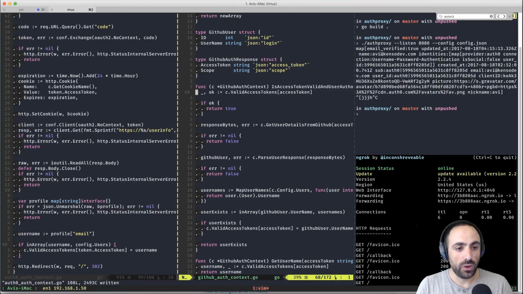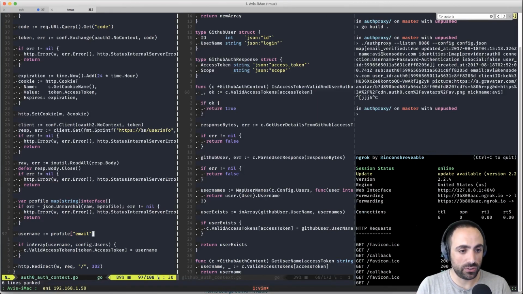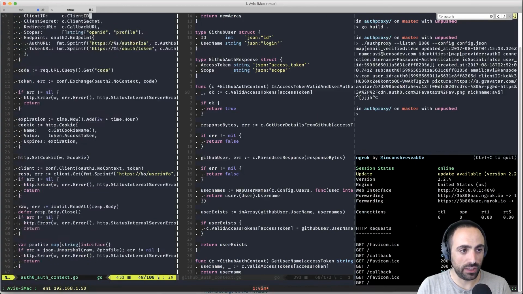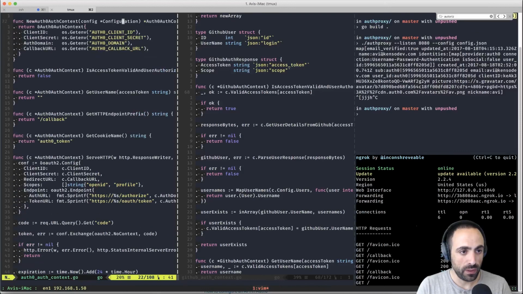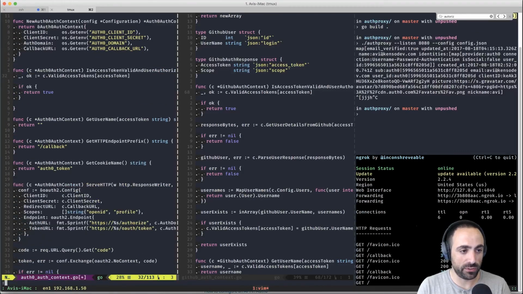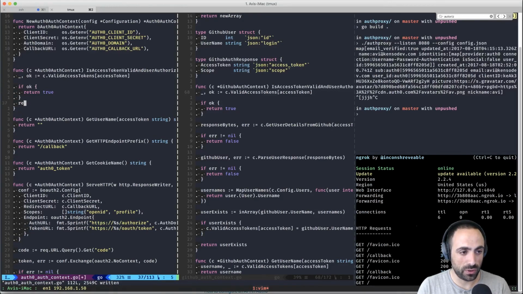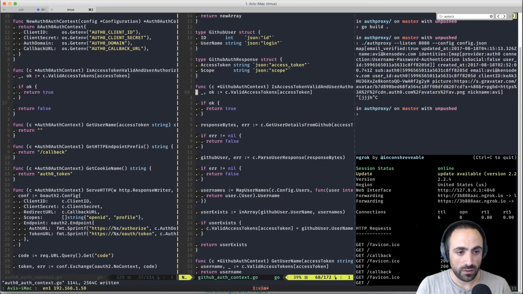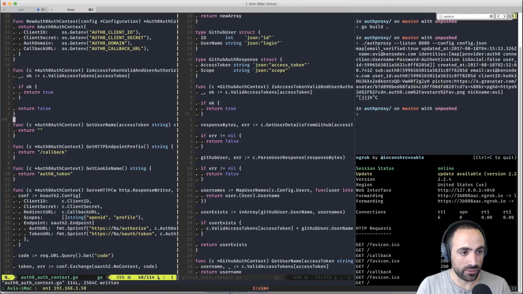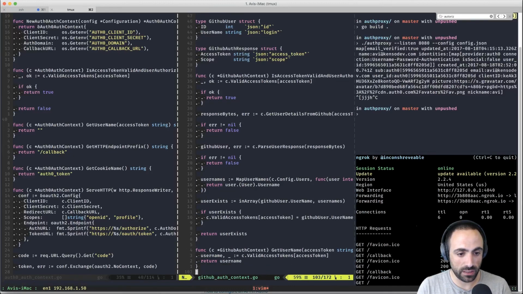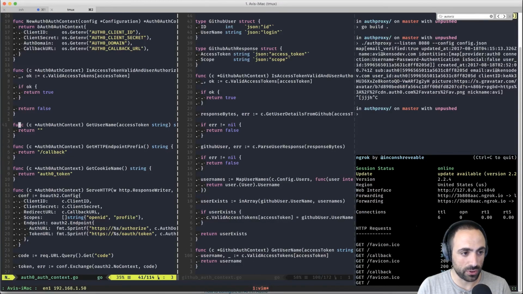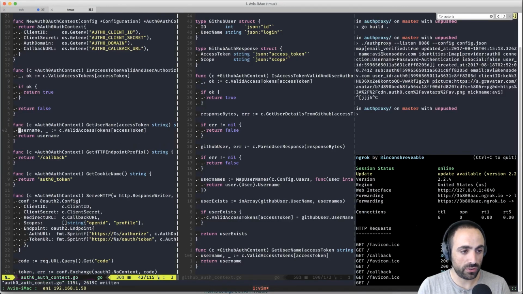Okay, so all I need to do is actually here return true, because I'm doing this in the same stage. Okay, so return true, otherwise return false. Okay, and what else is get username, and get username, all it does is returns this.